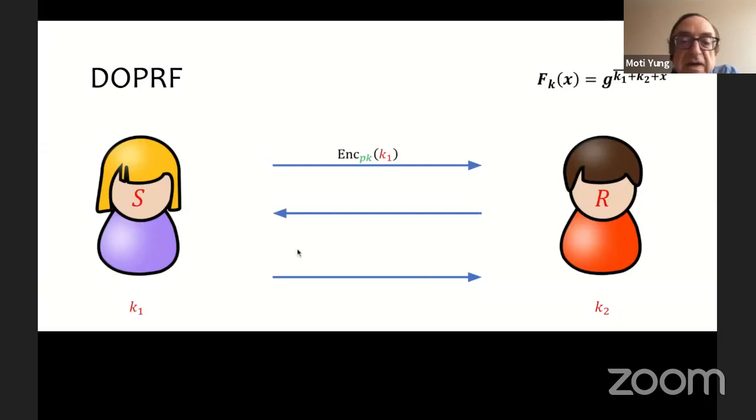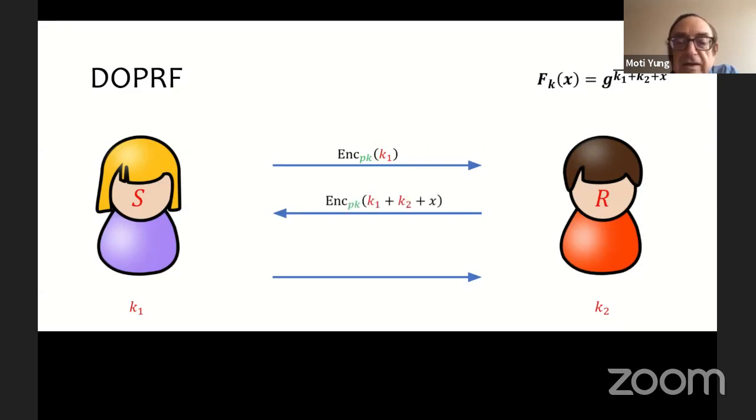It starts with S holding a homomorphic encryption and encrypting with it the key K1, the key of the Oblivious PRF.